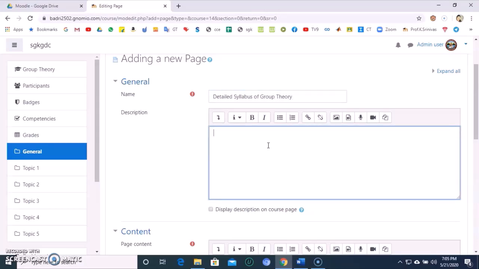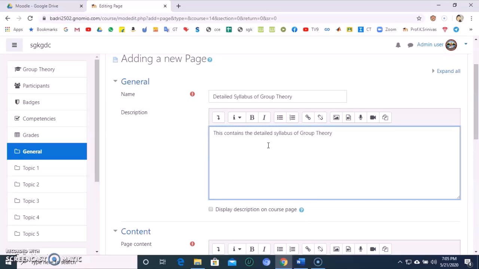Description, if you want to give, you can give. This contains the detailed syllabus of group theory.